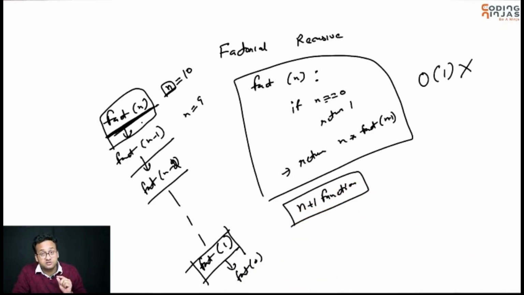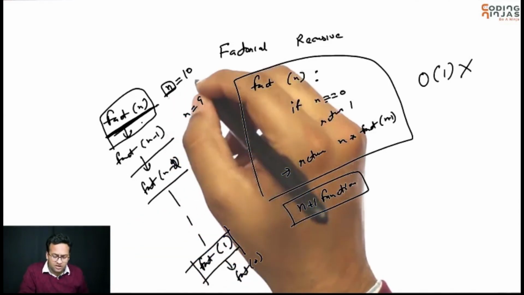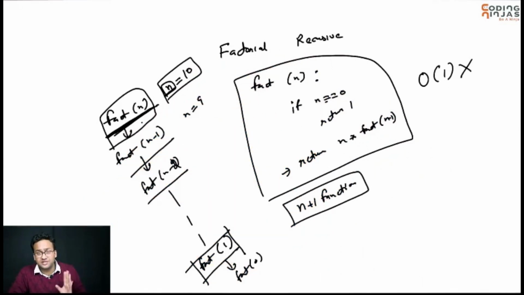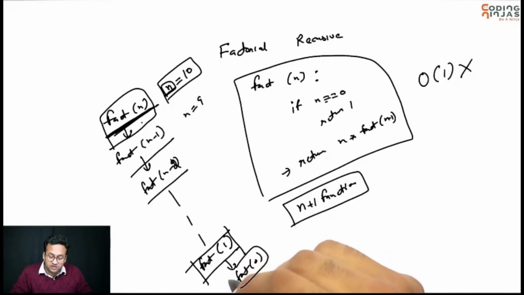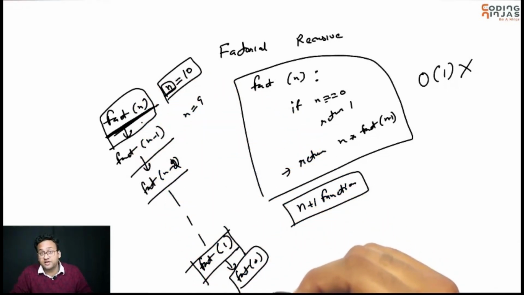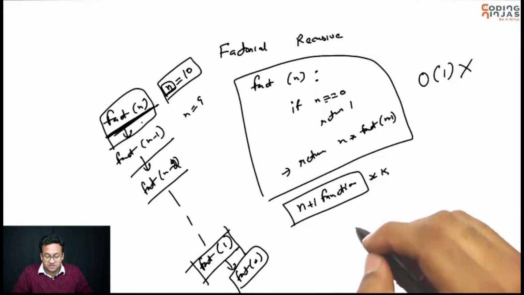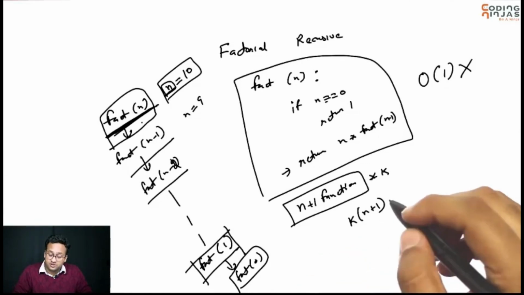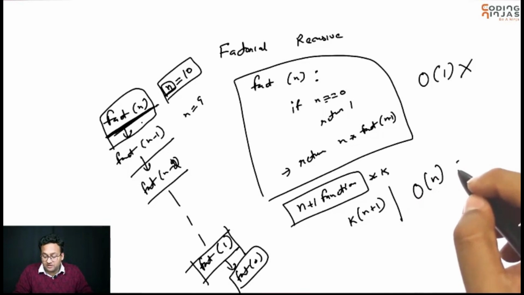Each of these functions is taking constant space, right? You have one local variable, along with that you have whatever function's address will be there, which line of execution it is. So all this is constant amount of space. So each function requires constant amount of space, but at the point when you reach factorial 0, there are n plus 1 functions which are waiting for you. Each function takes k space, so you are using k into n plus 1 memory. This is not constant memory, this is linear memory, linear in terms of n. So this basically means you have big O of n space complexity,